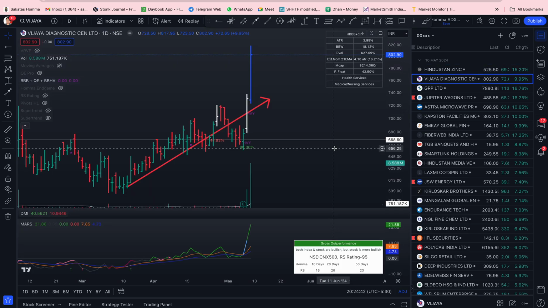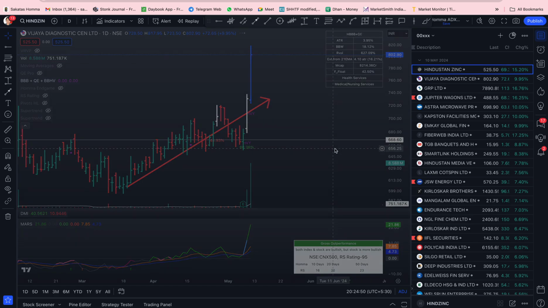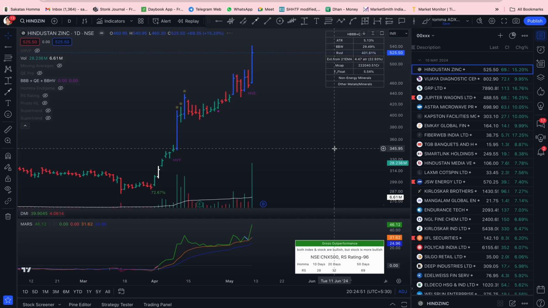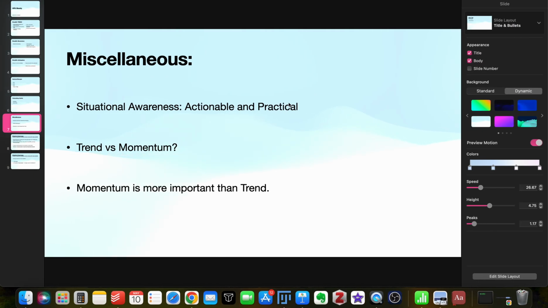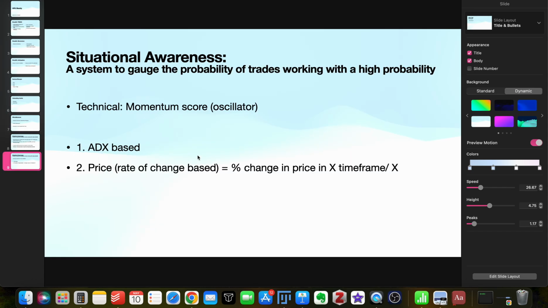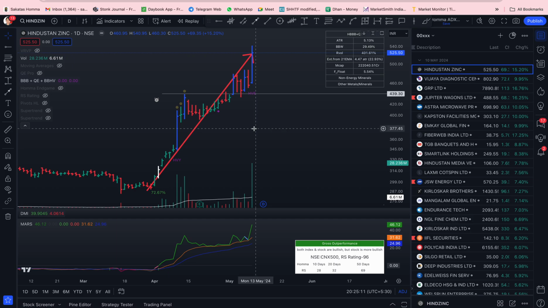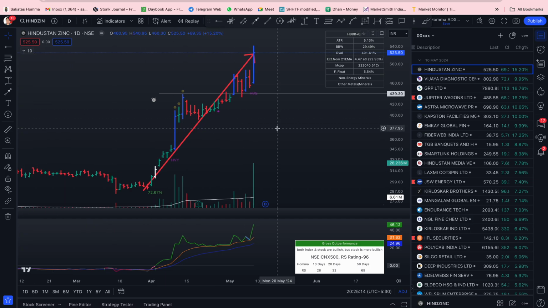Again, this is a little technical, but I'm trying to give you an idea of the differentiation between trend and momentum. If you now get this distinction, we can look at the actionable and practical situation awareness tools, which is basically the momentum score, the oscillator momentum score. I also want to bring to your notice that there are many other technical tools, and similarly, momentum is a gauge of the